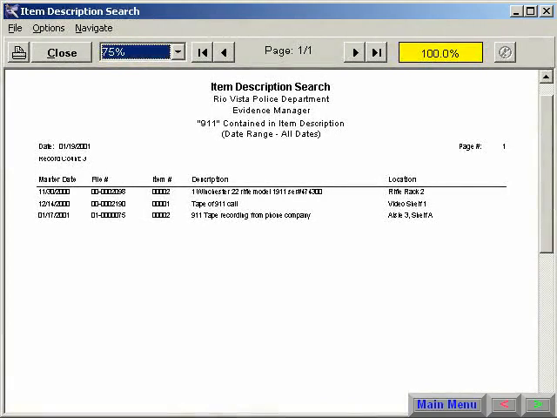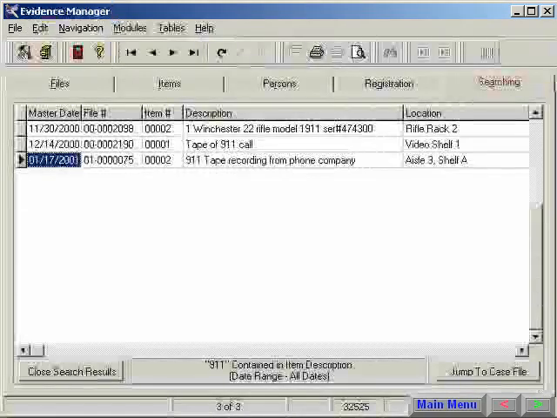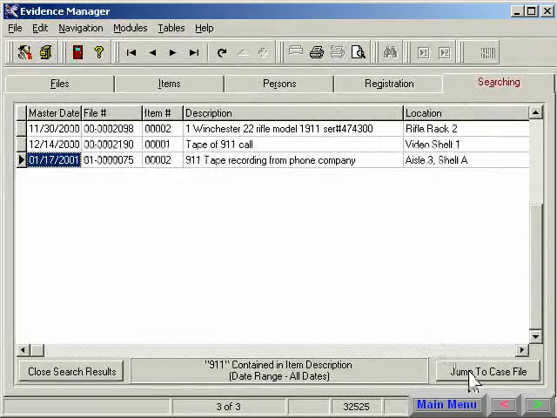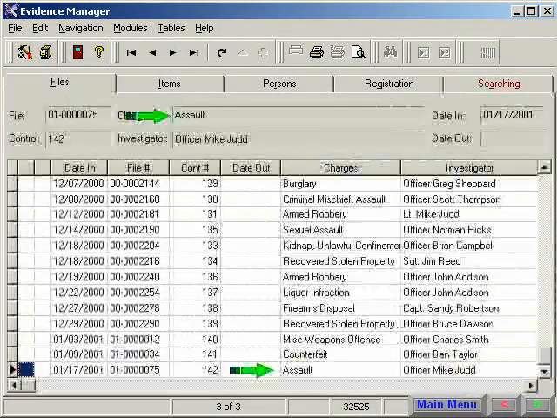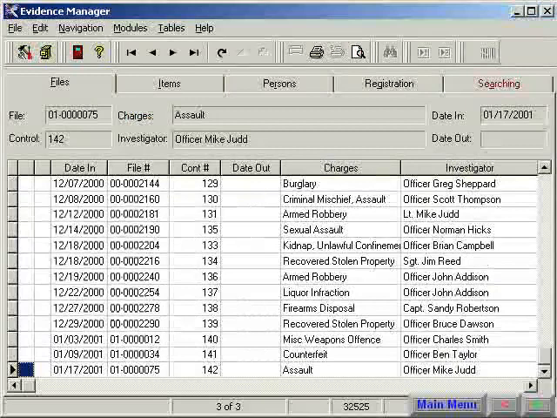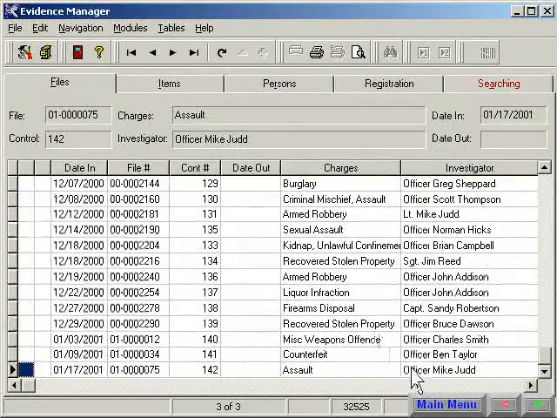To preview a report of our search results, use the preview button on the toolbar. Of course, we could print this report if necessary. We'll close the report to get back to our search results. Now we can jump to the case file. That concludes the overview portion of our Evidence Manager tour, so we'll head back to the main menu where